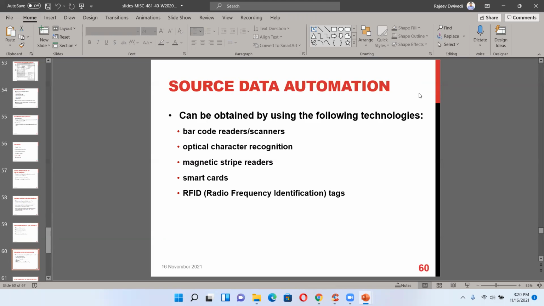Source data automation can be obtained by using the following technologies: barcode scanner, optical character reader, magnetic strip reader, smart cards, and RFID. So nowadays these things are happening. For example, I always think about Costco.